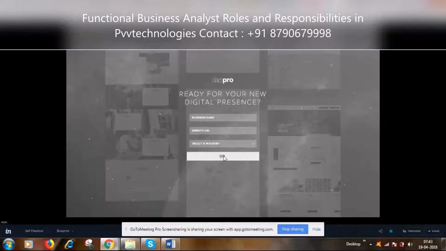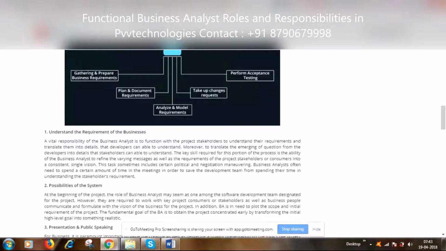So how do we come to a conclusion? All these three, four items must be within the screen after analysis. So that is what analyzing and modeling the requirements is. You are going to build the screen in such a way that whatever you got in the business requirement and whatever you recorded in the document, those things you are going to feature at the screen level. So that is what modeling the requirements is.